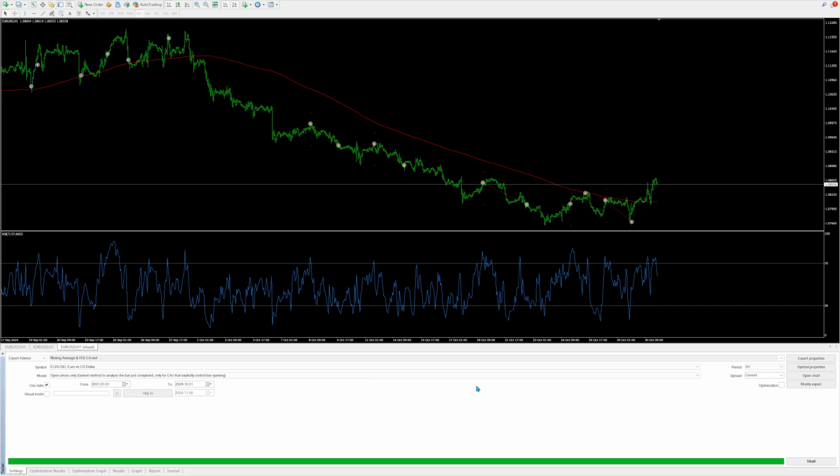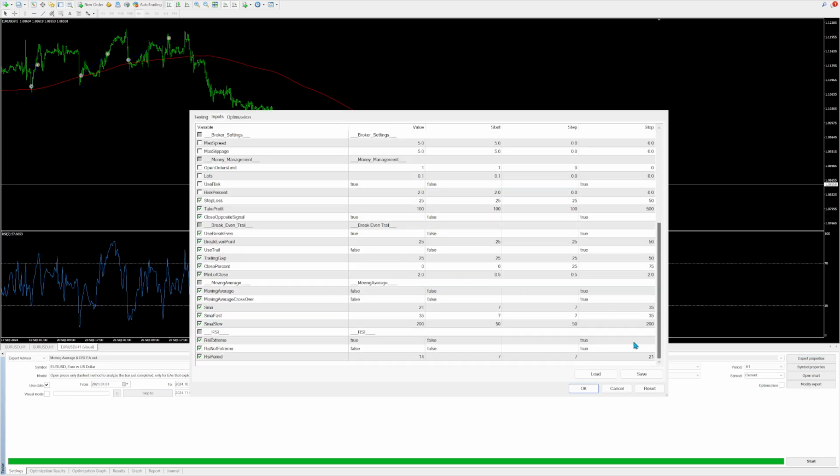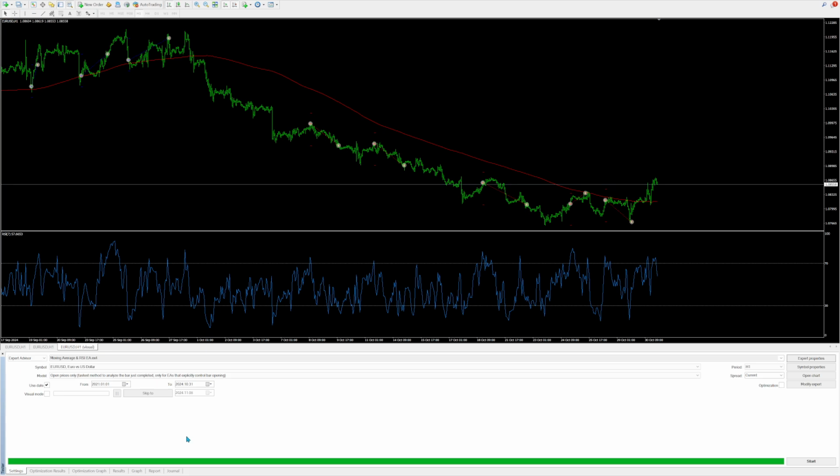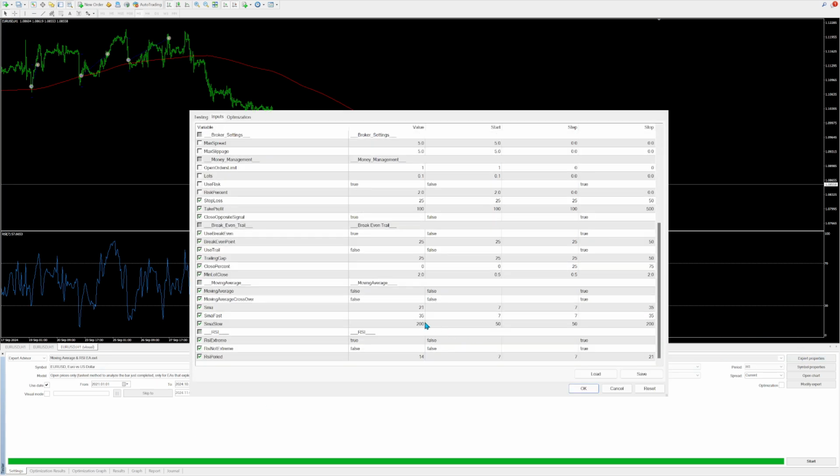For me, in my opinion, nothing beats a logical trading strategy, okay? Not just a load of random numbers that happen to produce good results. That being said, don't get me wrong, there will be instances where an optimization will find genuinely good sets that aren't just a coincidence. They have some logic behind them, but it depends on the expert advisor you're using. So you want to delve into what was the particular entry that